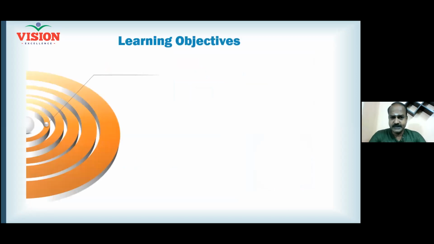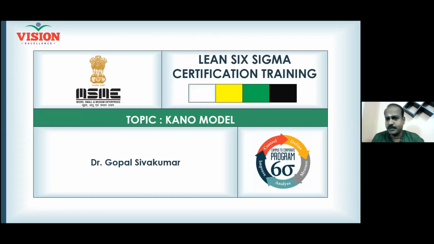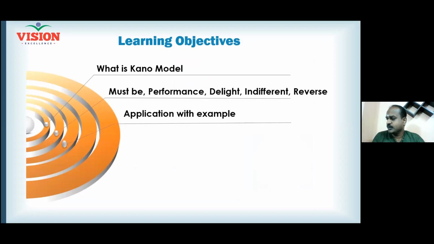now we are properly inside the session on Kano model, which is basically a product development tool. So we will understand what is Kano model, and Kano model will talk about several features in a product. You take any product, there are certain features in every product. Your mobile phone comes with plenty of features. Your laptop comes with plenty of features. The training program comes with plenty of features. Will you be able to differentiate the features into appropriate categories?